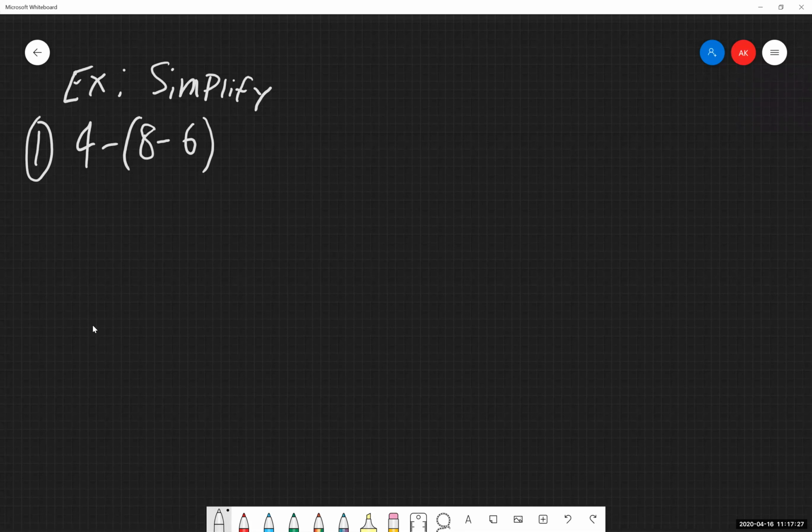So again, I'm told to simplify, which means when you see the word simplify, or you see the word evaluate showing up anywhere in there, your first thought should go right to PEMDAS every single time. Because more often than not, that's what we're going to be using to go through and solve these things. So I'm just going to write that in for myself. Again, you don't need to do this. This is just the way I go through and organize it for myself. Keep track of how I'm going through these.